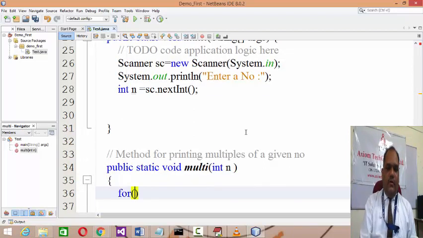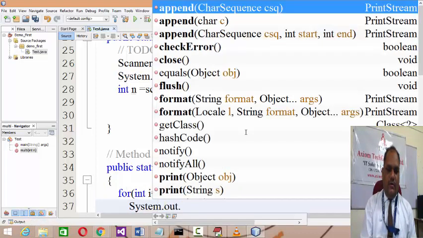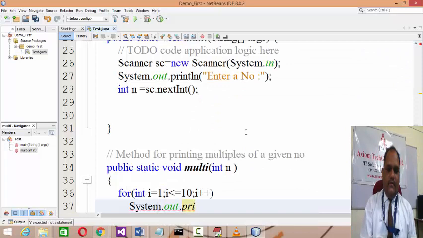Then here we'll set the loop for integer i, because I want to print the 10 multiples. i equals to 1, i less than 10, i plus plus, and System.out.println(n + " * " + i + " = " + (n * i)).